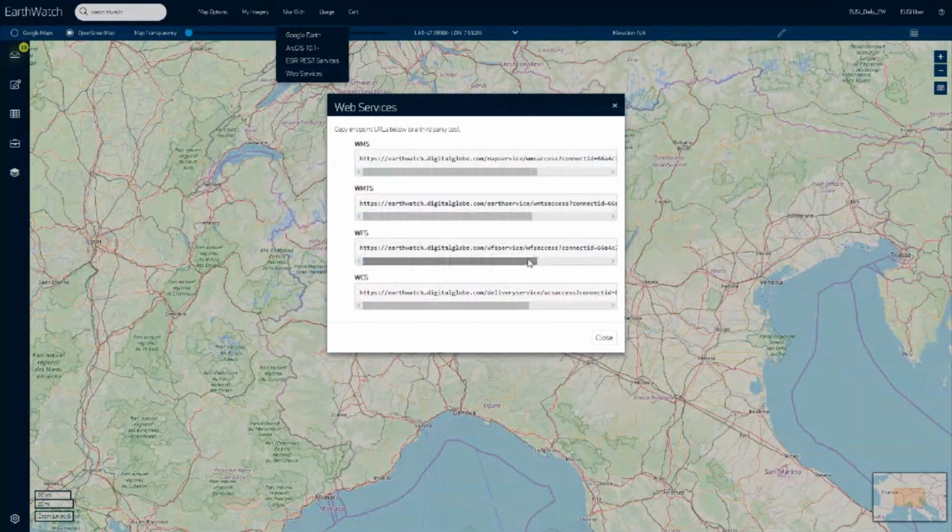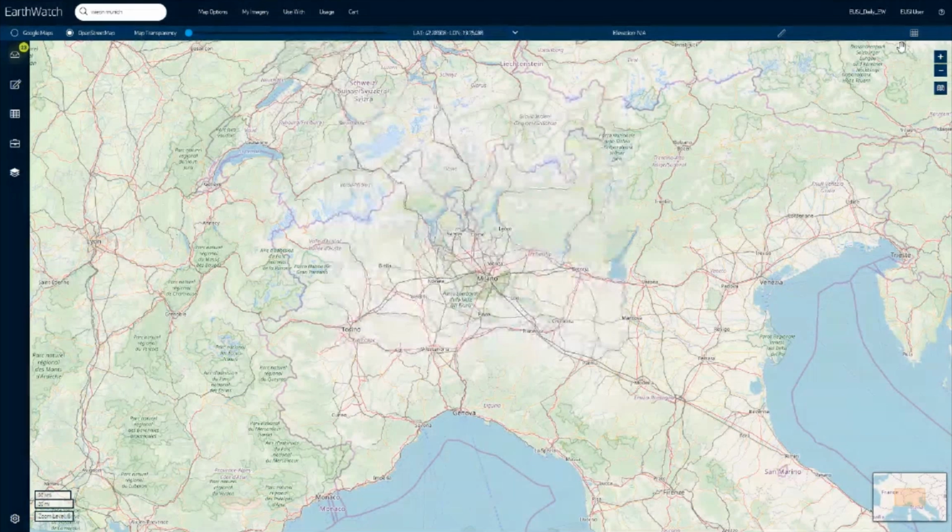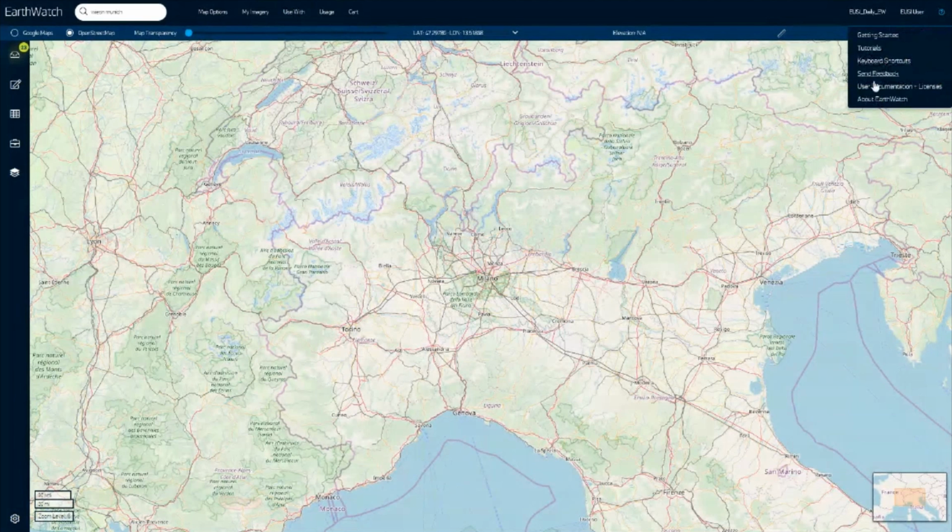And actually, you can tweak the links if you want to access a specific cat ID, or want to specify a range of dates, or put a filter. You can do that by tweaking the link. And to do that, I refer you to the help, the online documentation that is accessible here on the top right corner. We have here user documentation.